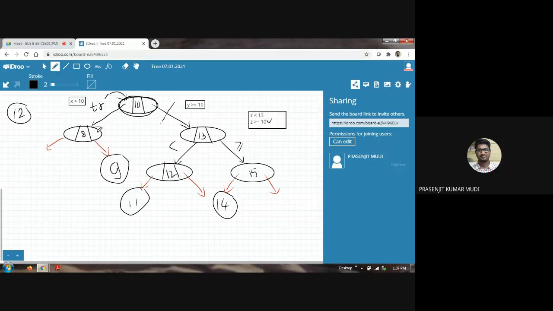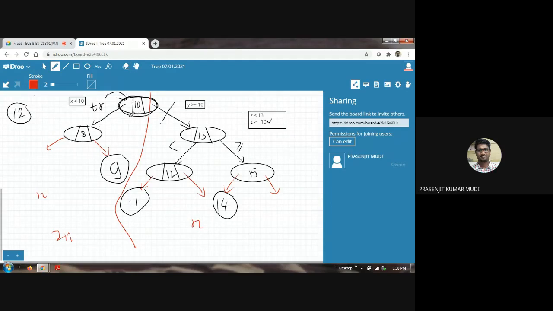Suppose both the left subtree and right subtree have an equal number of elements. Okay? So it's a partition. Here is the partition. This is the left subtree and this is the right subtree. In the left subtree, there are n elements, and in the right subtree, there are n elements. We are excluding the root node. So excluding the root node, total elements are n plus n, 2n. Out of 2n, n elements are present in the left subtree and the remaining n elements are present in the right subtree.